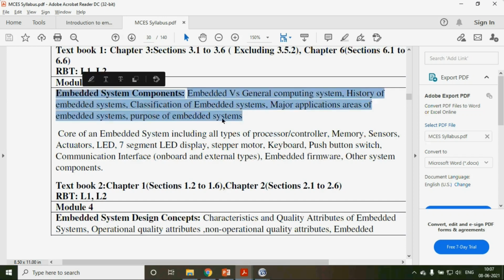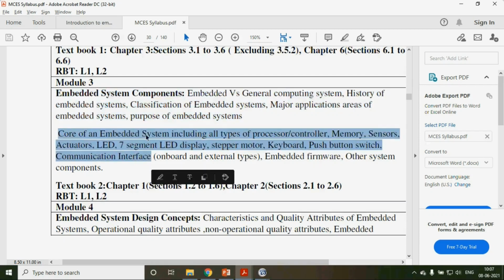So this is about the first chapter. Hardly 30 minutes are needed to understand and remember this chapter. If you have gone through it once, in exam time it takes only 30 minutes to read and understand it. Memorizing it is also very easy. But the second chapter will come here.